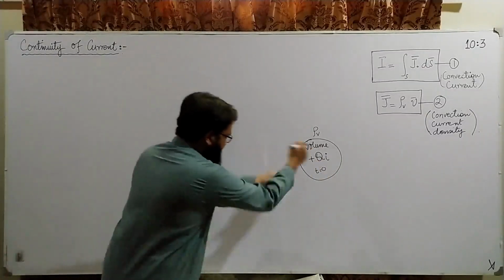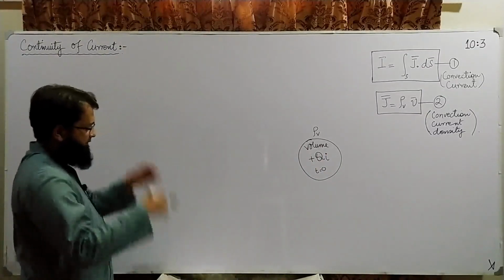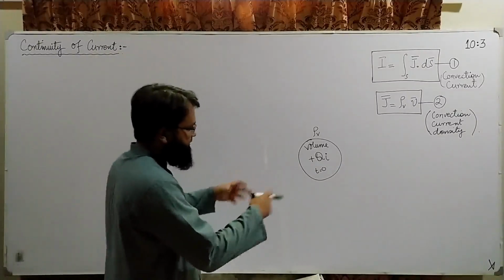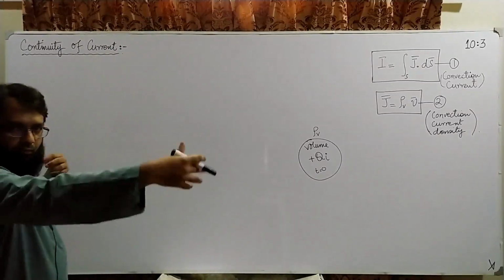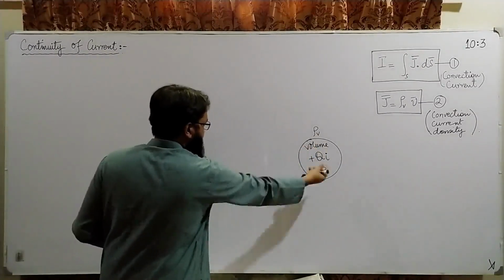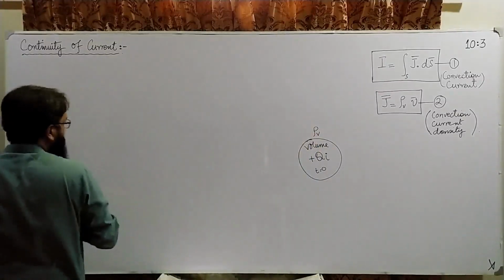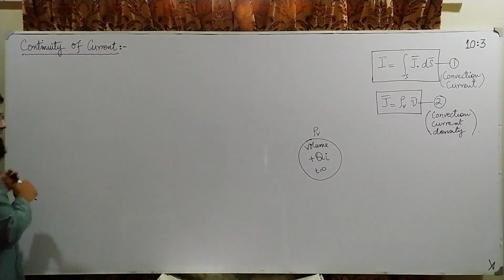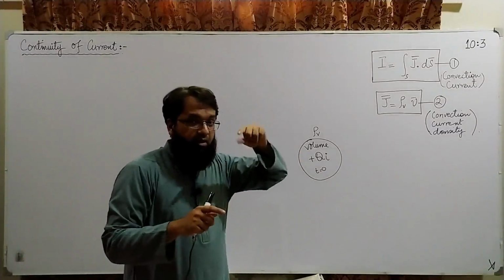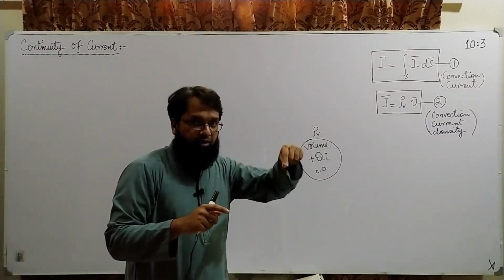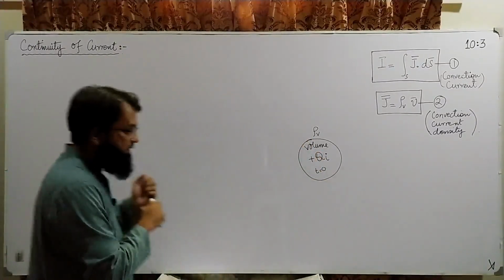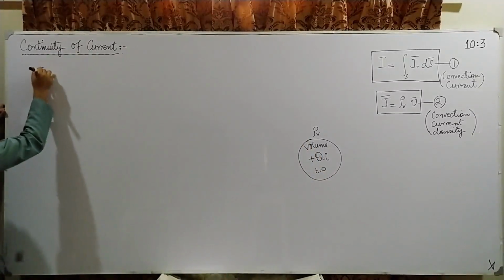So as soon as I did this instantaneously and left that volume alone to observe it, what will happen? These positive charges will push each other because they're positive charges, they repel each other, and the charges will try to come out of this volume through the surface. And if I want to find the rate with which the charges are coming out of this volume through this surface, what I can do is apply equation number 1,